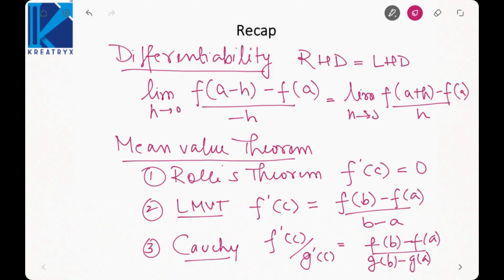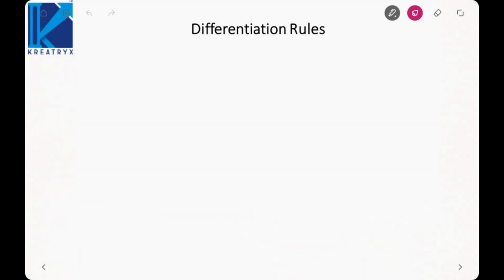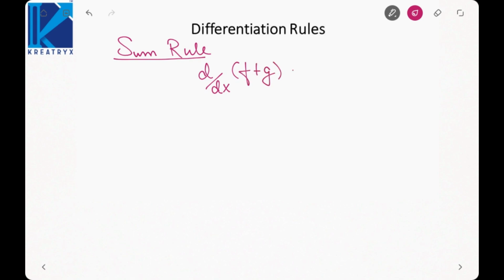Now let us move forward and see how we can calculate the derivative of a function. There are certain rules which we must follow when we are deriving the derivative of any function. The first rule is known as the sum rule. It states that the derivative of a sum of two functions is actually equal to